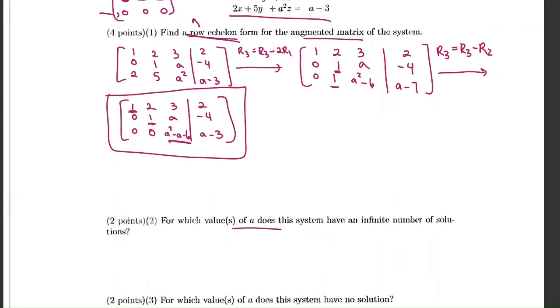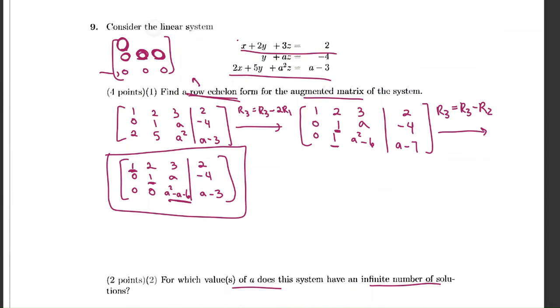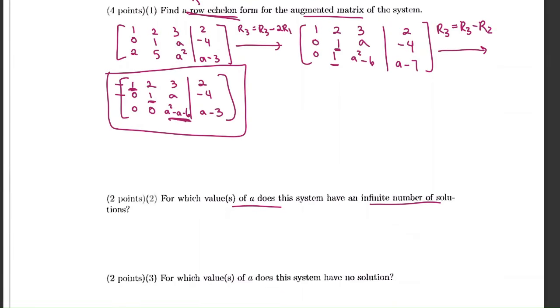Okay, so for part 2, we have: for what values of a does the system have an infinite number of solutions? So there's an infinite number of solutions. That means that one of your variables, like x, y, or z, can be anything. So you can have a row of all zeros, basically, right? Because you can see that the first 2 rows here, you will be able to solve for x or y, but then your last one, z, could be a row of zeros. So we can factor a squared minus a minus 6 into a minus 3